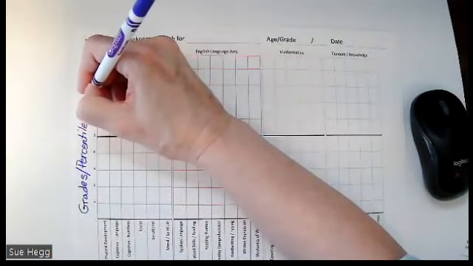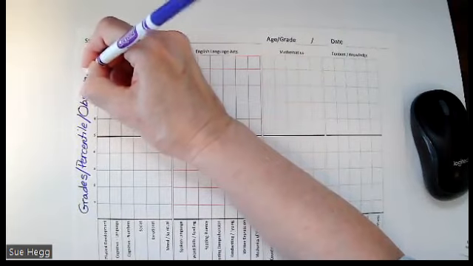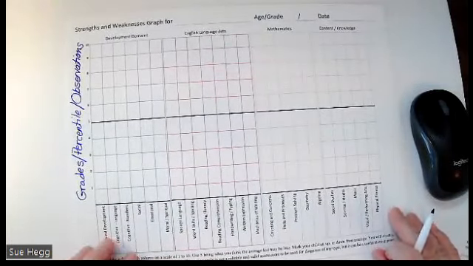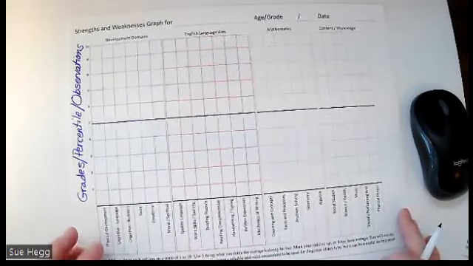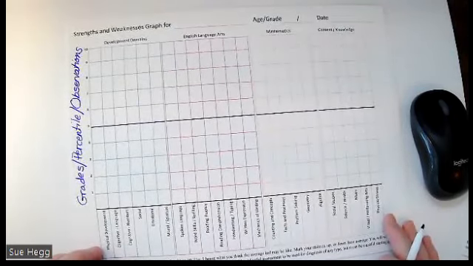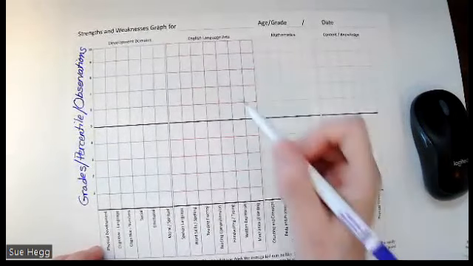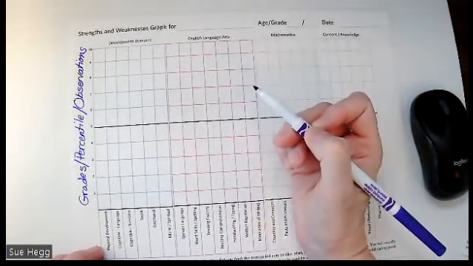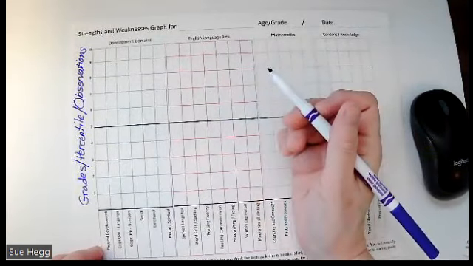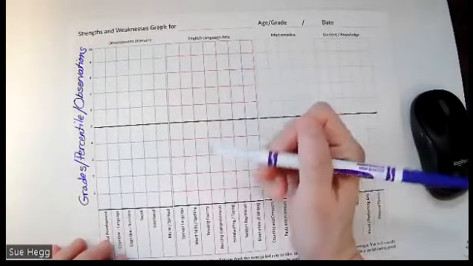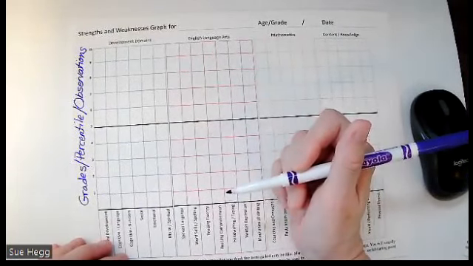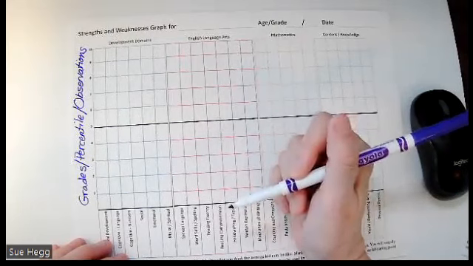Or you can just go off your own observations and your gut sense. That's not quite as reliable because even us moms have our good days and bad days. Go by your overall sense of how your child does. Not those worst days, not those best days, but the majority of the days. And then if your child does have lows and high peaks in how they do life, then mark that with a star or something so that you've got an indication that that might be something you need to watch for